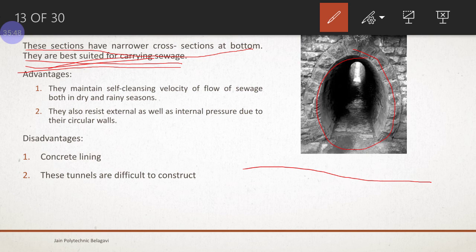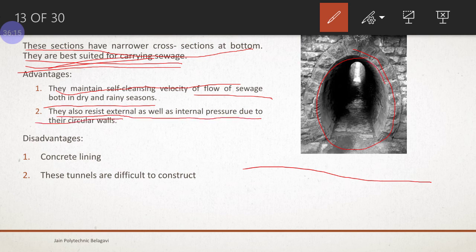They maintain self cleansing velocity of the flow of sewage both in the dry and rainy season. This is very important. So only we go for a specific shape for specific purposes, right? And this also resists the external and internal pressures due to the circular walls.